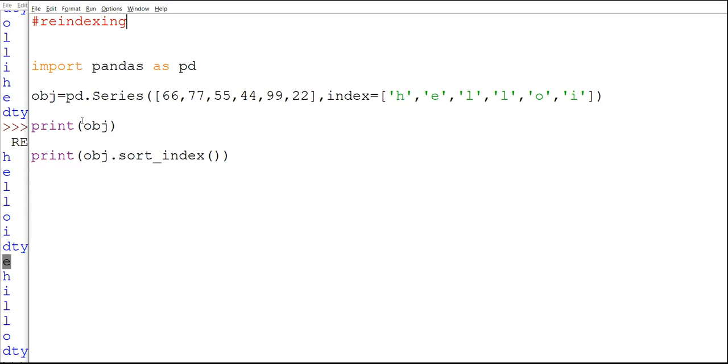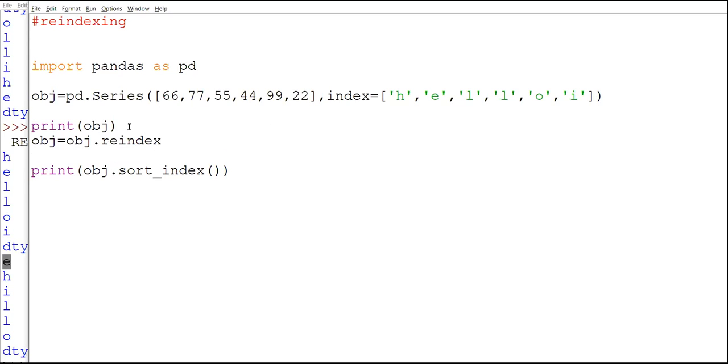Suppose this is my series created, I'm printing this series, and then I'm changing the index as obj is equal to obj.reindex, the name of the function, in which I am going to pass the new index in the form of a list, something like this. So this is my new index.